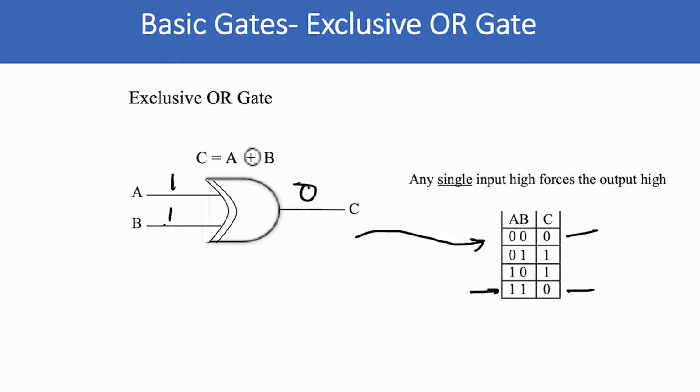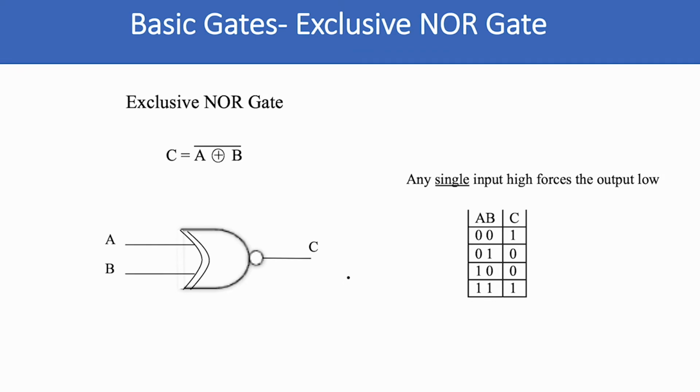Okay? The only time the output's non-zero is when either B is a 1 here, or when A is a 1, but not both. So 1, 0 gives you a 1. 0, 1 gives you a 1. That's an exclusive OR gate. Okay? Well, if you can have an exclusive OR gate, you can have a not exclusive OR gate, which is